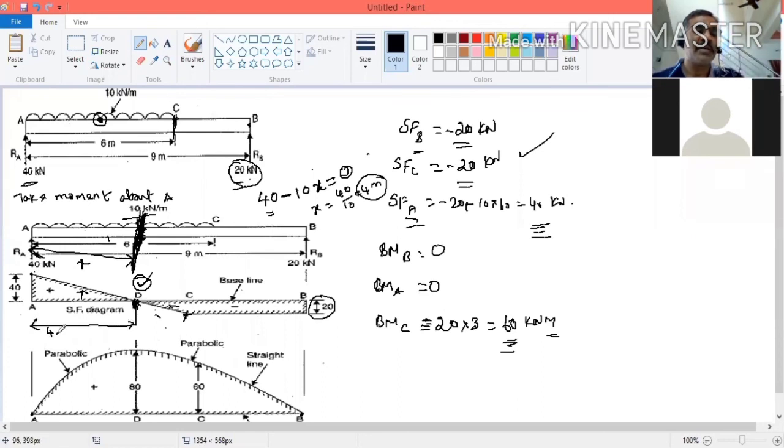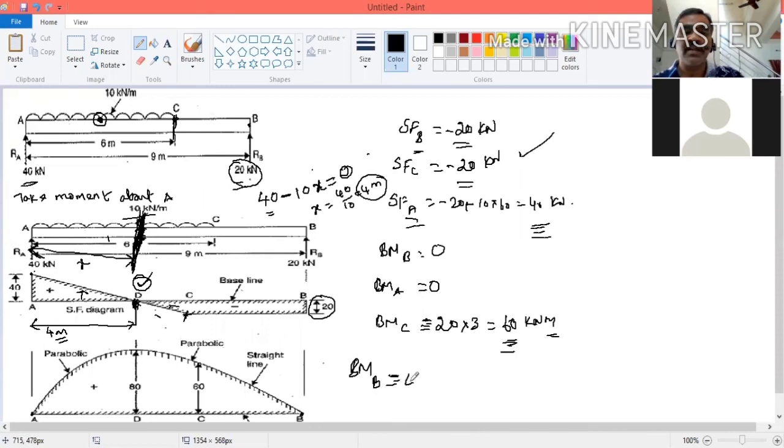So here also you have to find the bending moment. If you find the bending moment at 4 meters, we can say this point is the D point. So the bending moment at D, you can consider the right side or the left side. Let us consider the left side here. The reaction is producing a clockwise moment, so that is positive. Left side clockwise is positive.